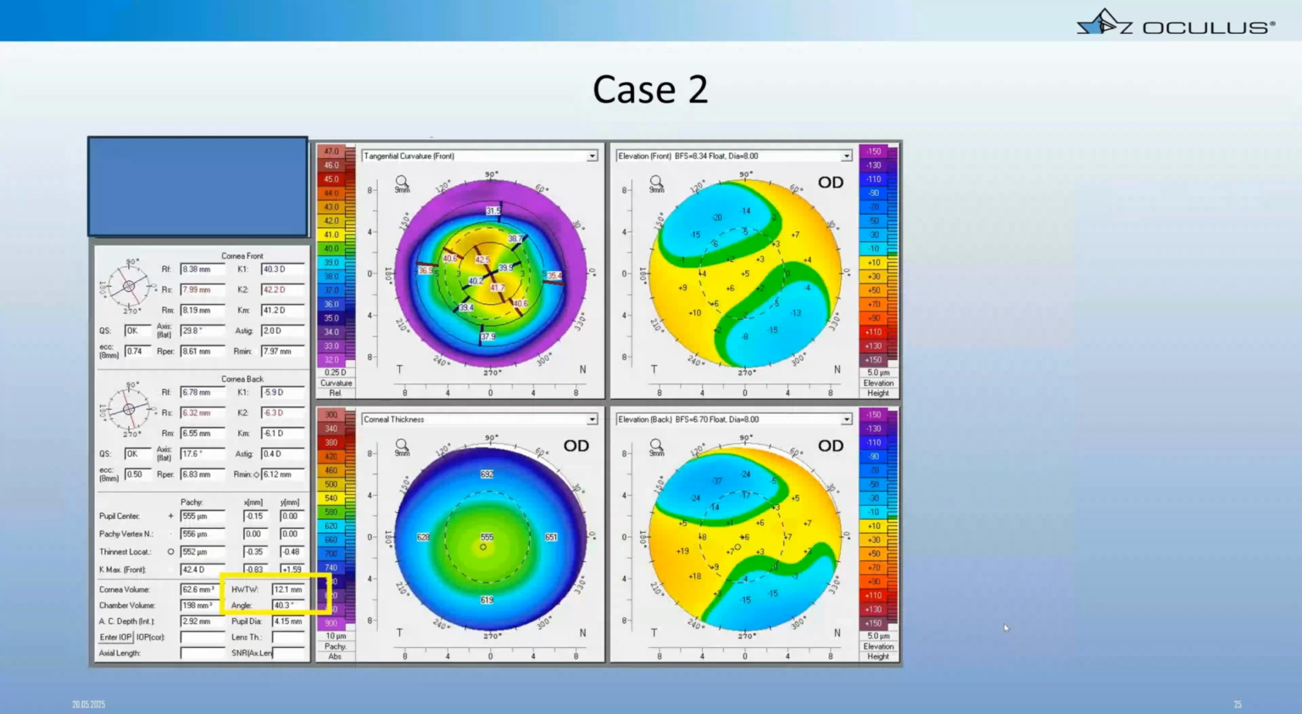So we're going to go ahead and look at what we've got going on here. We've got, again, some toricity, a little bit oblique. We've got a white to white noted in the box at 12.1. Our corneal thickness looks good. Our anterior elevation, front elevation, and back elevation look pretty good, pretty symmetric, but we'll go ahead and run the